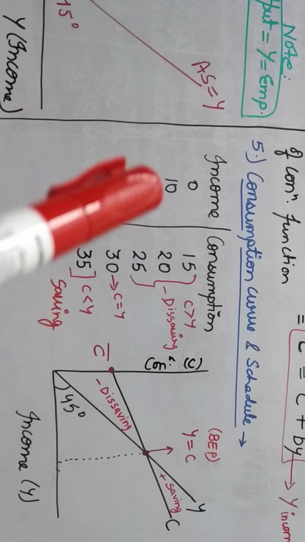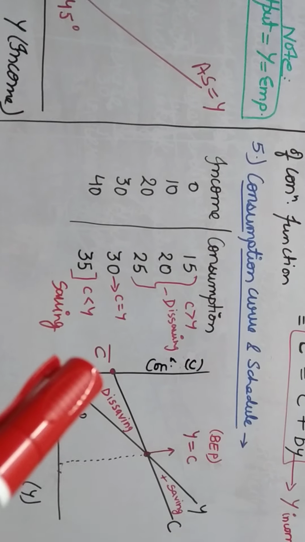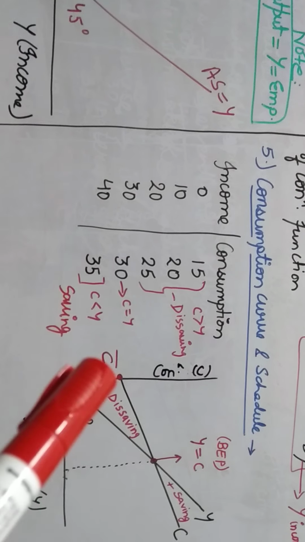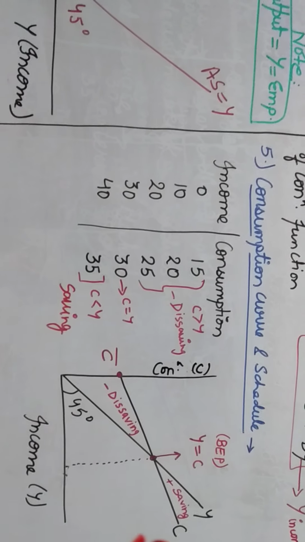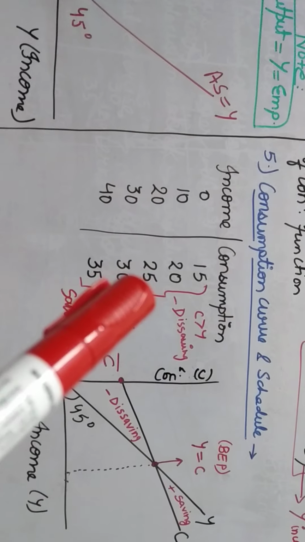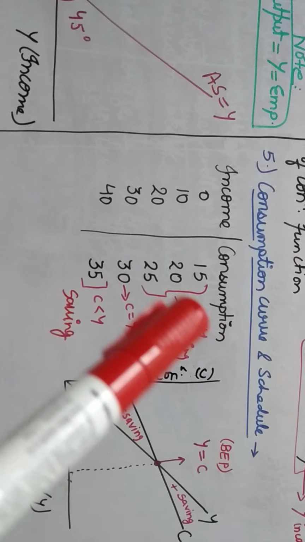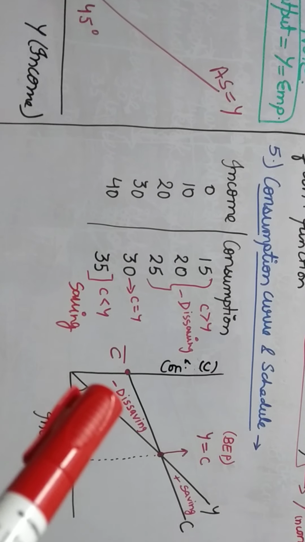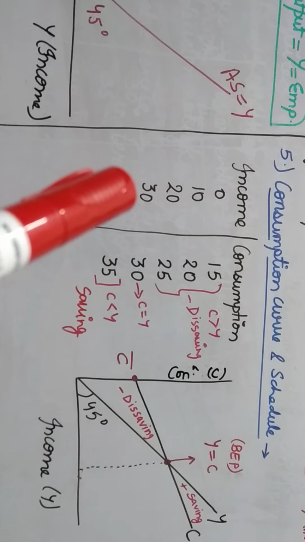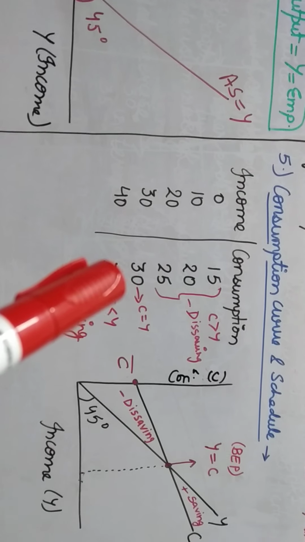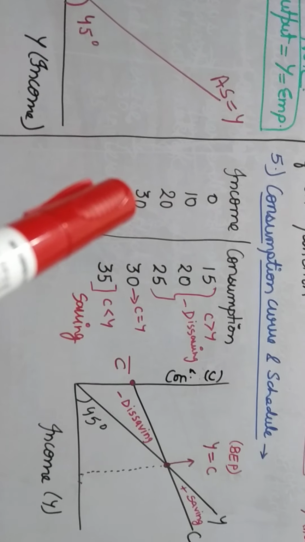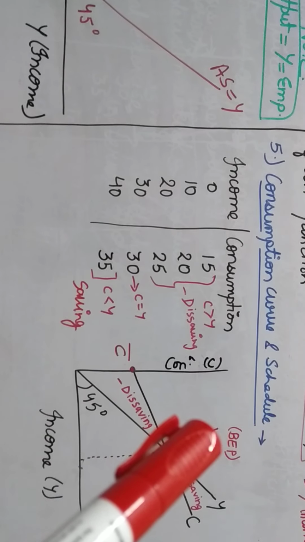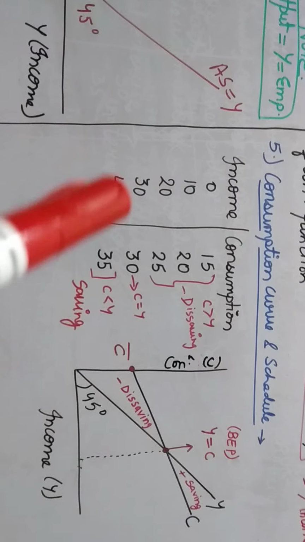After that, at 10 income, again consumption is more, so that's why you can see the consumption curve is upward compared to your income curve. The income curve is lower, and the consumption curve is going like this, C curve, right? At 20 also consumption is more, that means 25. So till this point there is no saving, that means minus saving. That's why I have written over here minus saving. At one point when income is 30, consumption is also 30. This point is also known as the break-even point, where income and consumption are equal to each other.